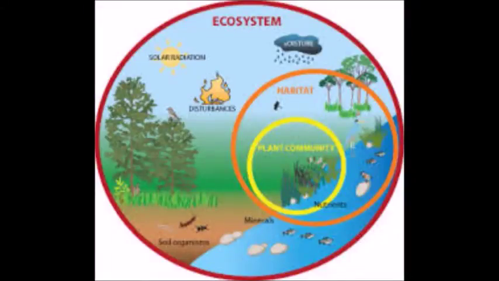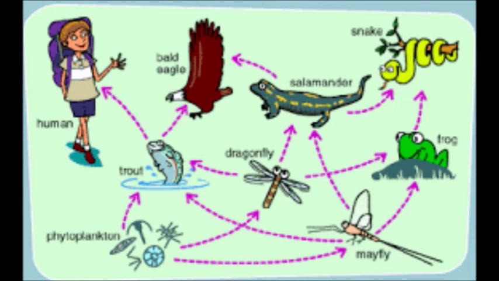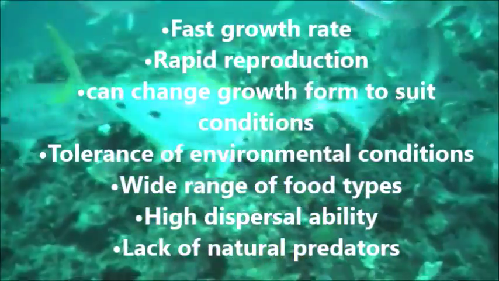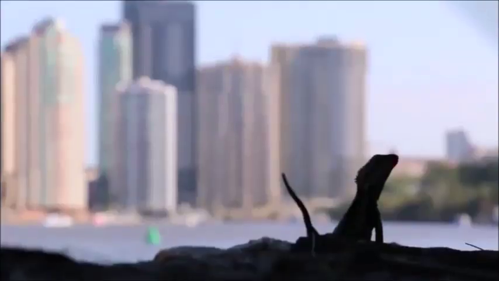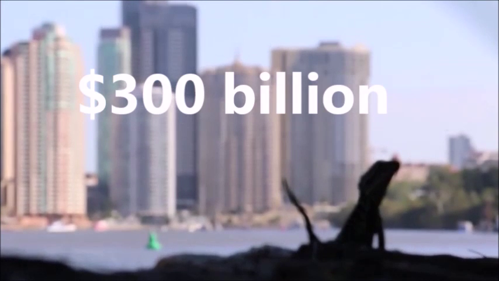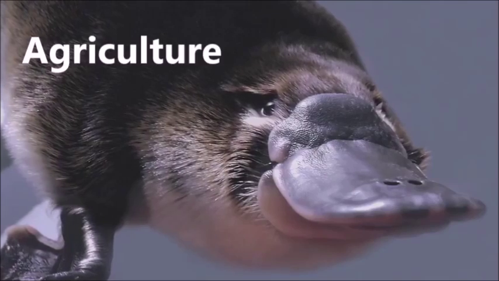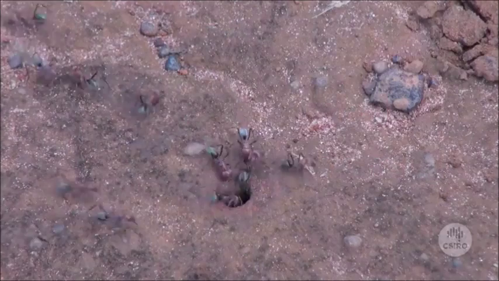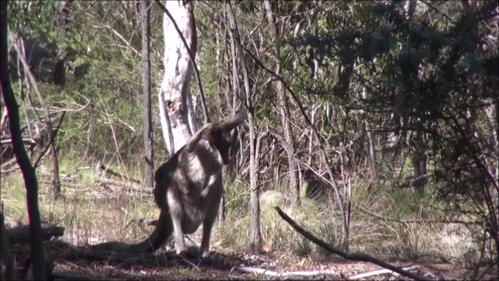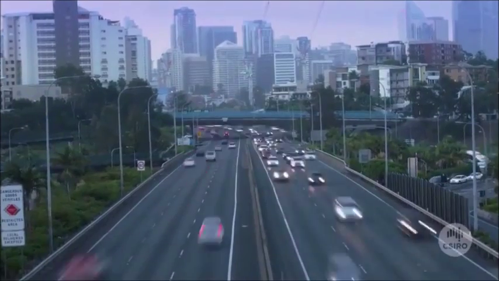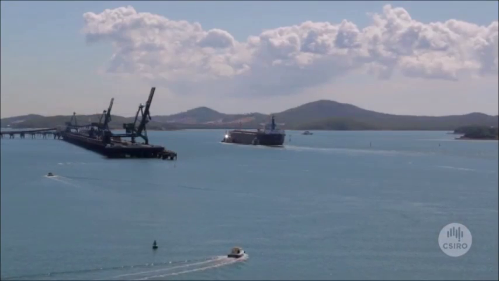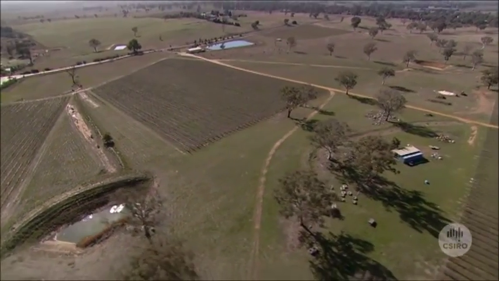An ecosystem is a community of species living and interacting alongside each other. When invasive species spring up in these environments, they can disrupt the balance of the ecosystem by outcompeting native species through a variety of factors. The impacts of invasive alien species are estimated to have a global economic cost exceeding $300 billion every year. This is due to the effects on things like agriculture, local biodiversity, and the health hazards that some invasive species can cause. With the increase in intercontinental travel of both people and goods, these invasive species can hitch a ride now more easily than ever before.